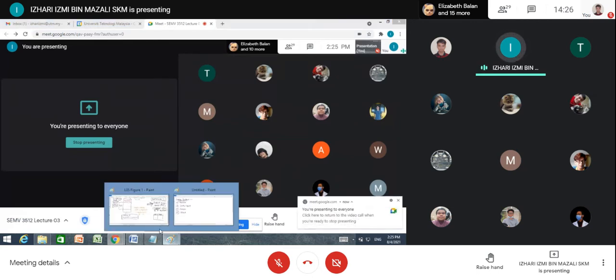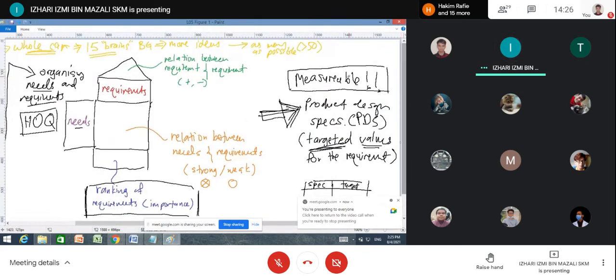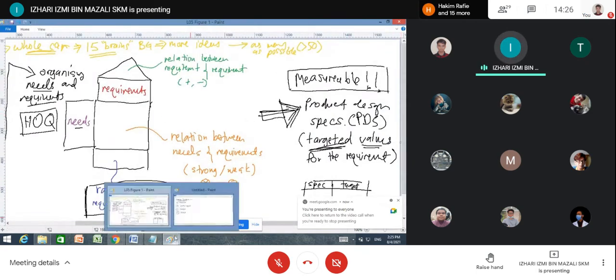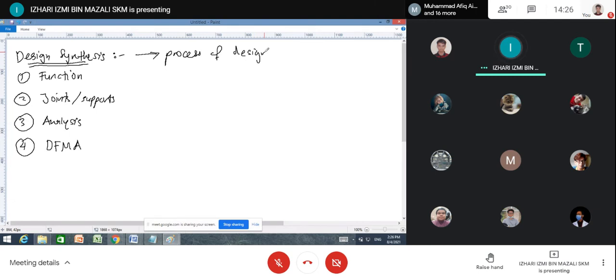So, any more questions on HOQ and also the PDS? Right. If no, then we continue with producing the design synthesis. We call it design synthesis. It's basically the process of doing design, the process of designing a system and so on. Okay. In this case,